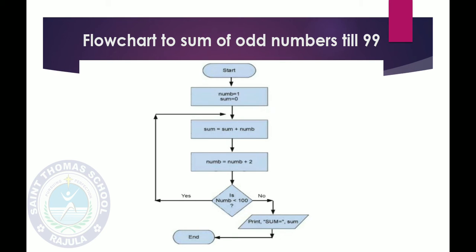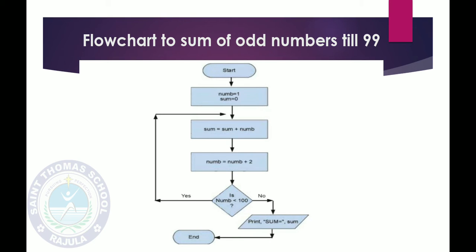So now we will see the flow chart here. First you have to start with the start symbol, then after that input. So as I told you, we need 2 boxes, left and right. So here num is the left box, sum is the right box. As I told you initially, in the left hand side box we are keeping the marble 1, and at that time the right hand side box was empty. So the same initialization you have to do over here. Number is equals to 1 and sum is equals to 0.